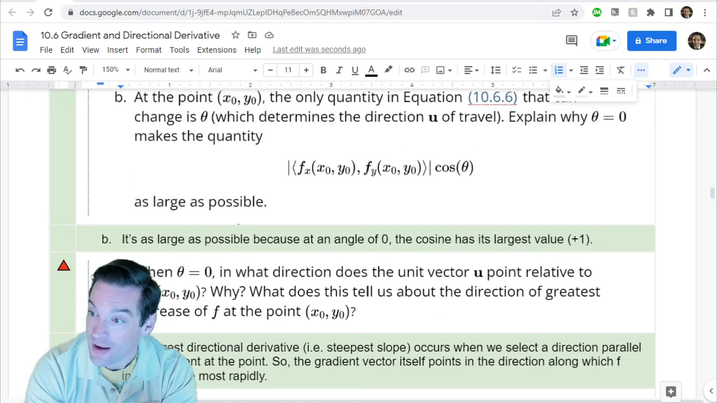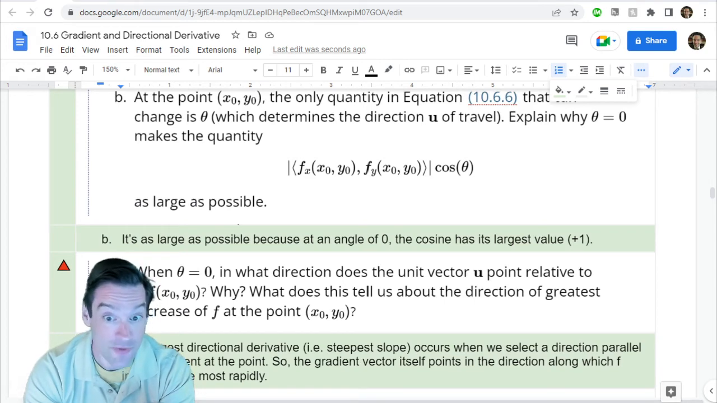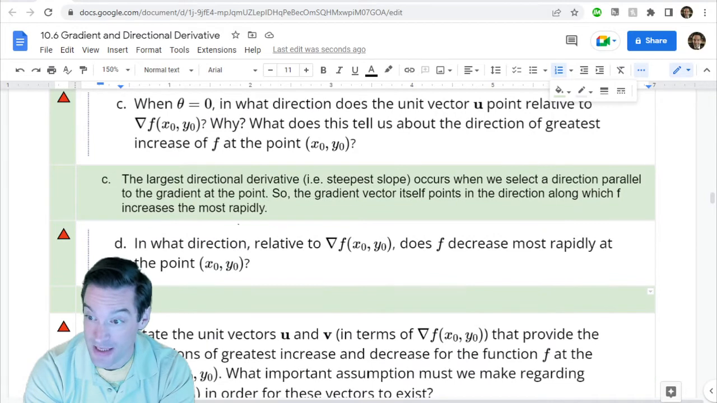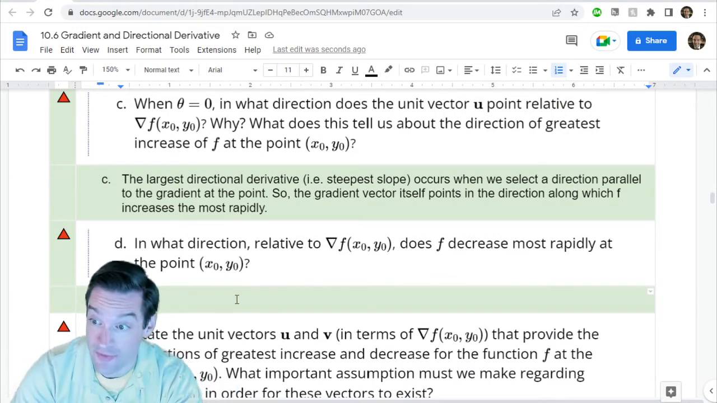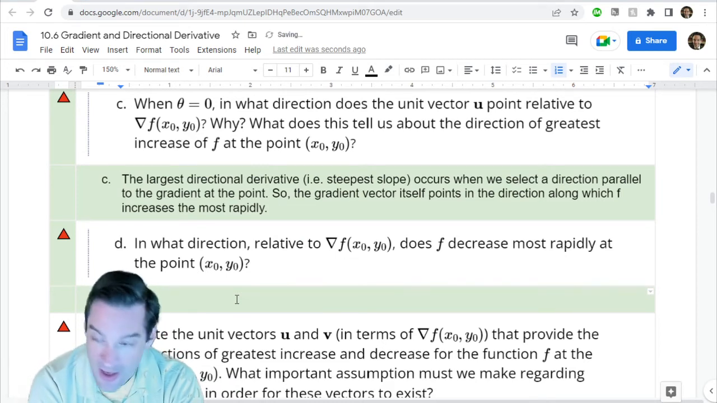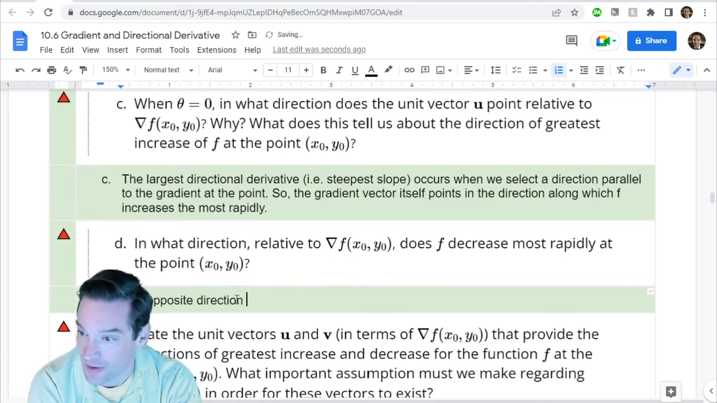And if I do that, I'm moving in a direction that makes an angle of 180 degrees with the gradient, right? And so the cosine is going to be equal to -1 at that point, which is the largest negative value that the cosine of any angle can have. So the opposite direction of the gradient,